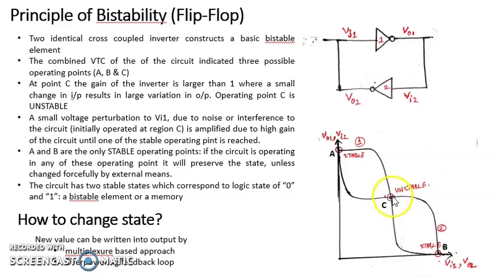The point C is an unstable operating point that cannot exist in practice. The operating point C will occur at a voltage corresponding to the switching threshold of the inverter, if we assume that the inverter transistors are identical in nature. So if we assume that the circuit starts operating at this point, and if the switching threshold voltage decreases from its value by a small amount, this deviation may occur because of the presence of noise interference. So the output will change to the VOH of the circuit. So this value will now be VOH.